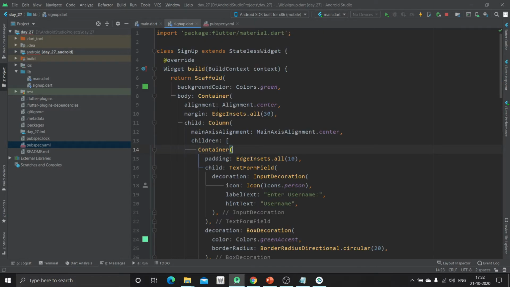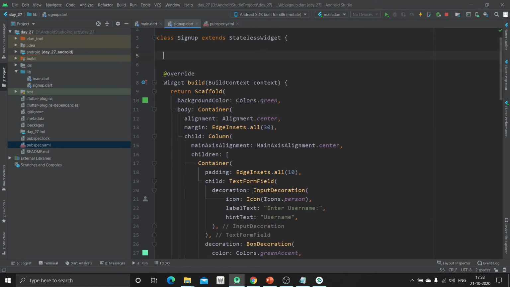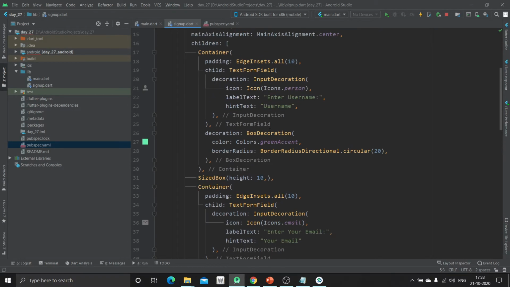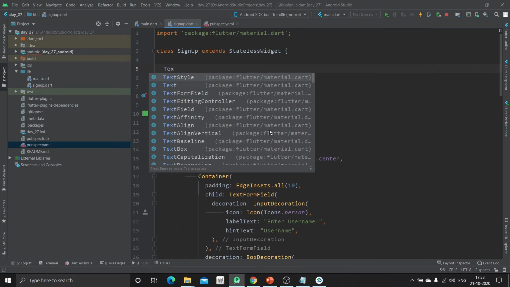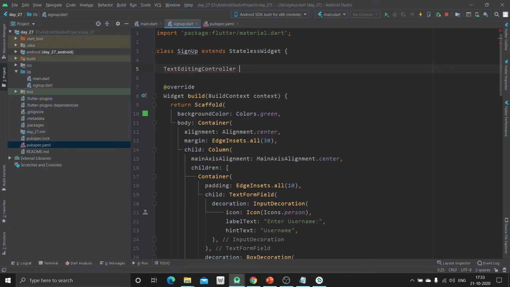Now we are going to create one sign up method. Before that, I'm going to create three controllers for username, email and password. I'm going to create a TextEditingController. First one is for email.